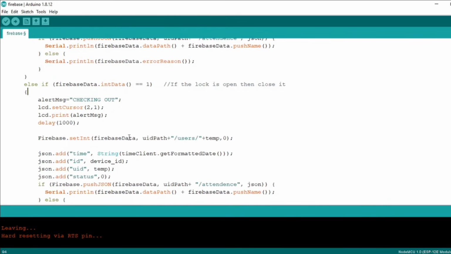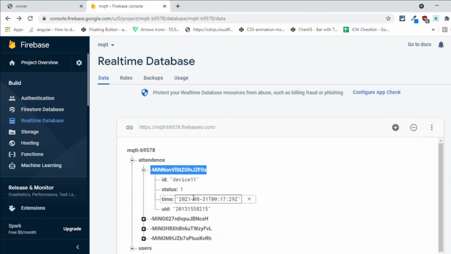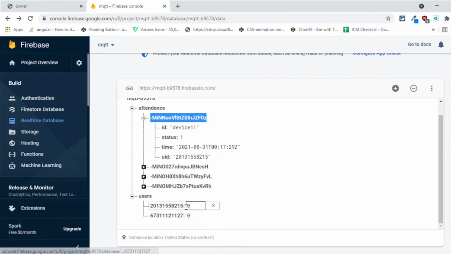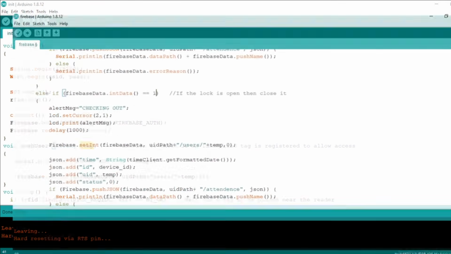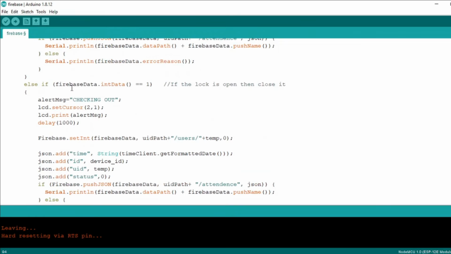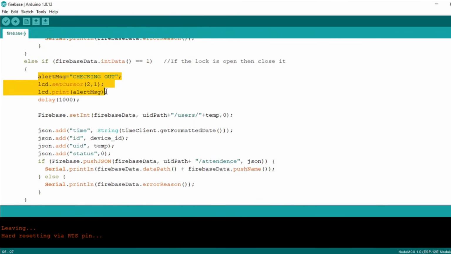So the else if part, if it is already checked in, if this value became 1, let's assume. So since this value is already 1, the else if part will execute. This else if part will execute, and we will print the check-out on the screen, and making the